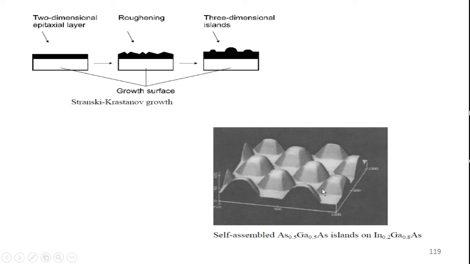That formation takes place in different steps. First, there is a two-dimensional epitaxial layer. This is the epitaxial layer in the case of gallium arsenide, the gallium arsenide over which this deposition has to be done. Then the growth takes place on the surface. Once the growth is taking place, there is a regular surface and a roughening surface. The growth is occurring on the surface.